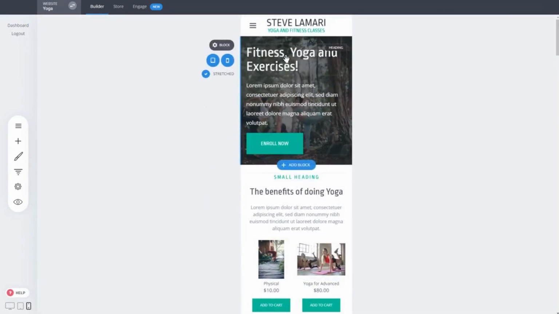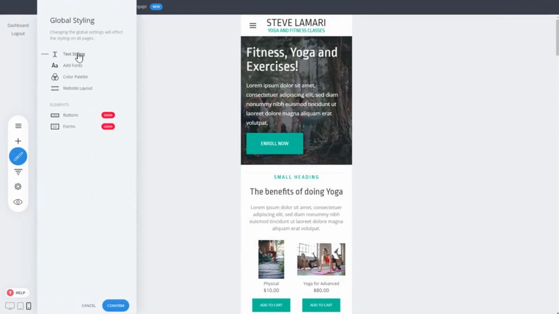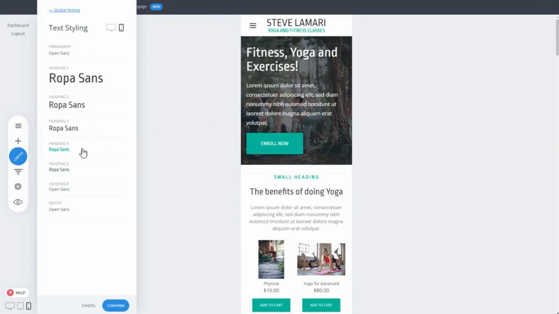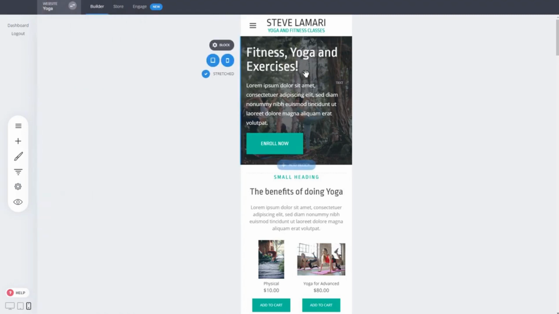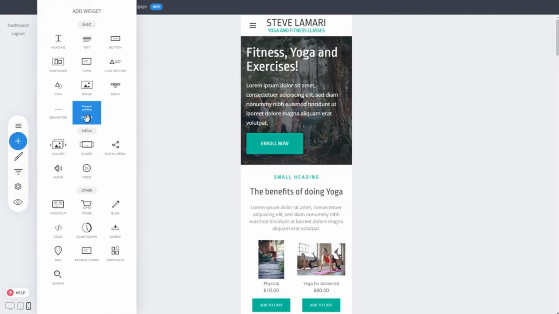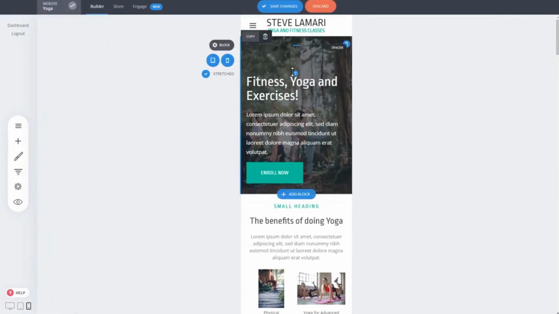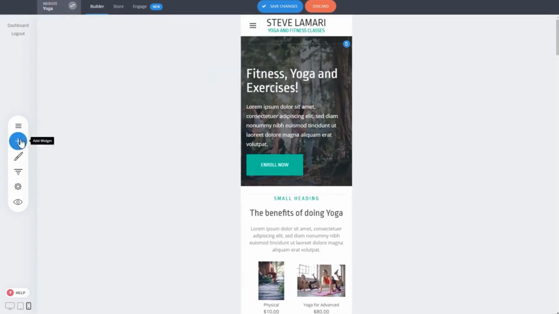So it scales down. You can modify the fonts, like I said, by going to global stylings and modifying how they look on mobile devices. So you can change all that. But if you want to do more modifications, you can do some of those. For example, let's say that you want to add more spacing on top or bottom. So you can add a spacer or any other widget into your design,